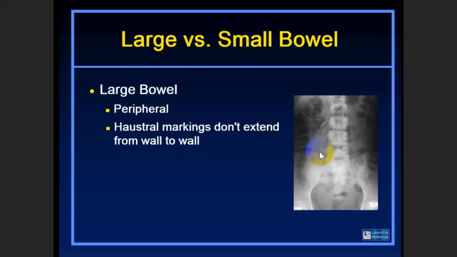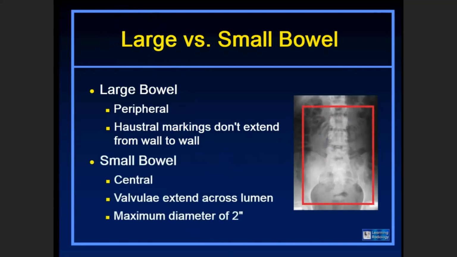Here in small bowel, we don't have this pattern of distribution because it's only characteristic for large bowel. Small bowel, here in the center, is central in location and has valvulae conniventes that extend across the lumen, with a maximum diameter of 3. Regarding the maximum diameter of large bowel, we have the cecum up to 9,